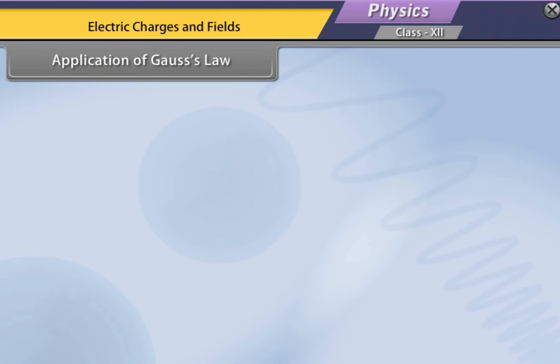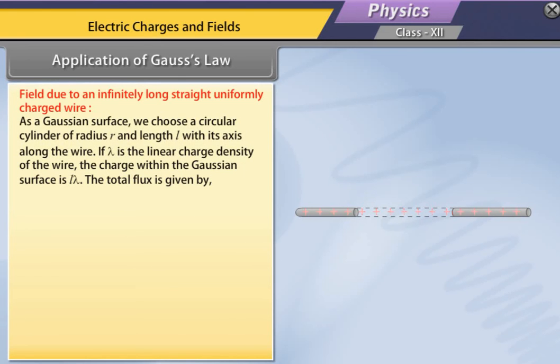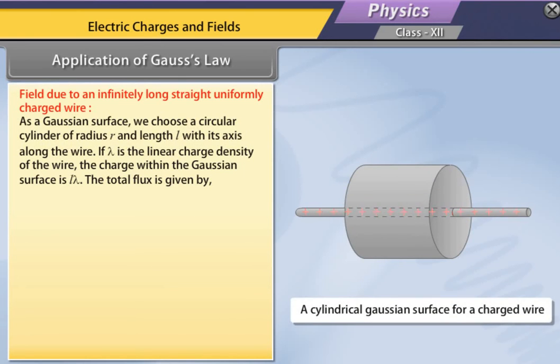Application of Gauss's law. Field due to an infinitely long straight uniformly charged wire. As a Gaussian surface, we choose a circular cylinder of radius r and length L with its axis along the wire. If lambda is the linear charge density of the wire, the charge within the Gaussian surface is L lambda. We know that phi E is equal to the integration over a closed surface of E dot ds,